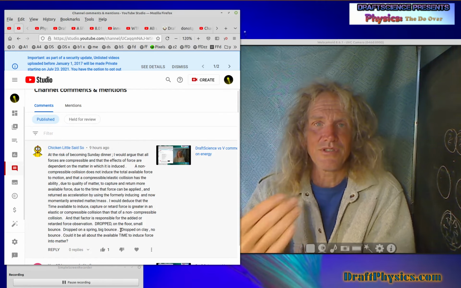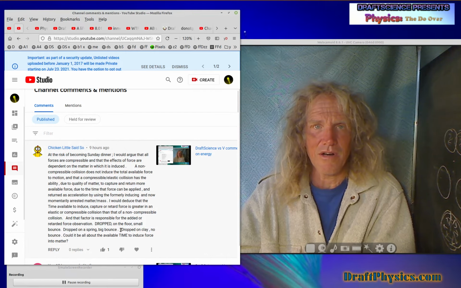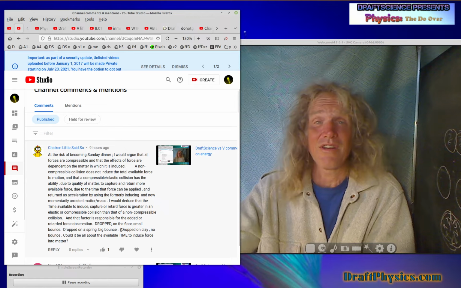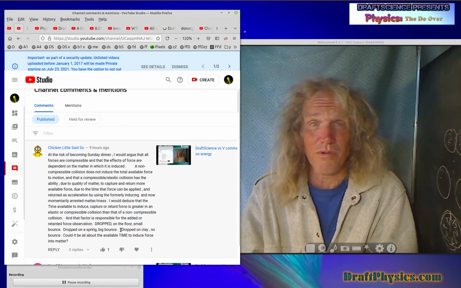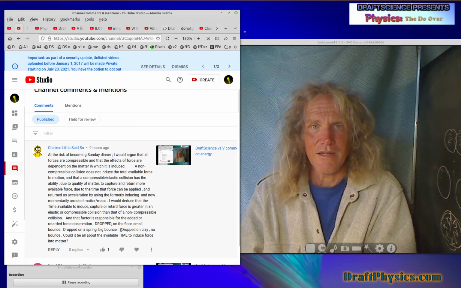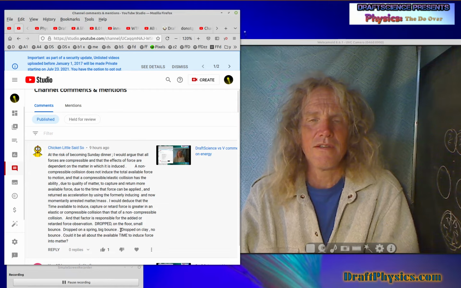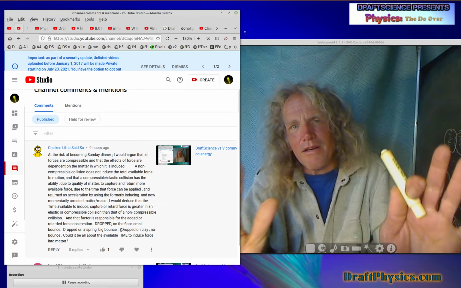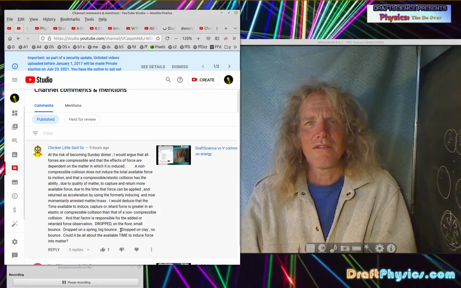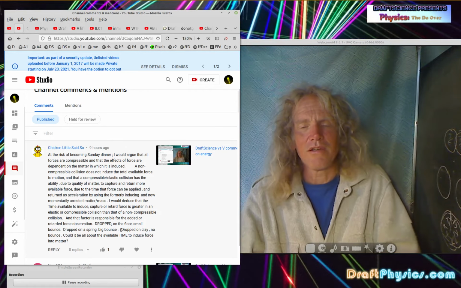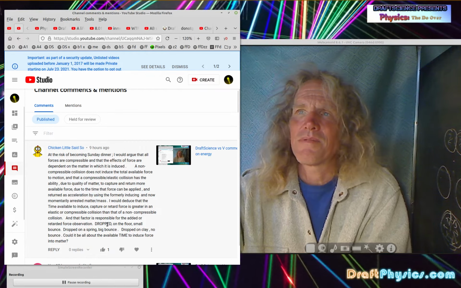I can't push something once it goes as fast as I can run. It's that simple an argument. Once the thing's going faster than I can run, I can't push it anymore. Even though I might have more energy to push with, I can't convert it into a push because I can't catch the object I'm trying to push. I can't touch it. So even though my arms are ready to give it another extra push, if it's going faster than I am, I can't give it the extra. All right, so that's probably enough.